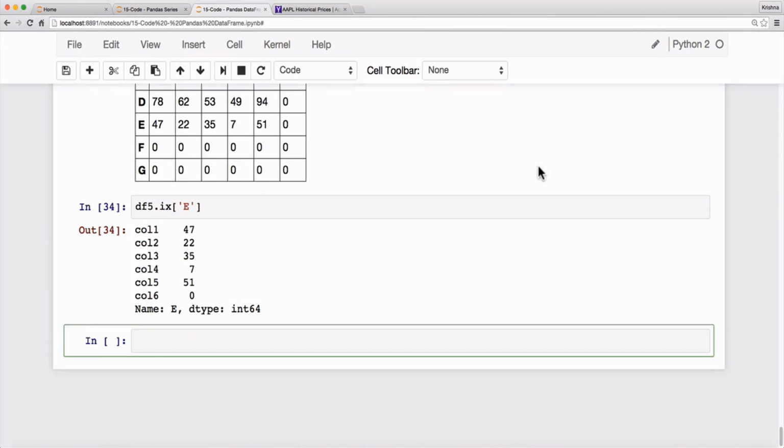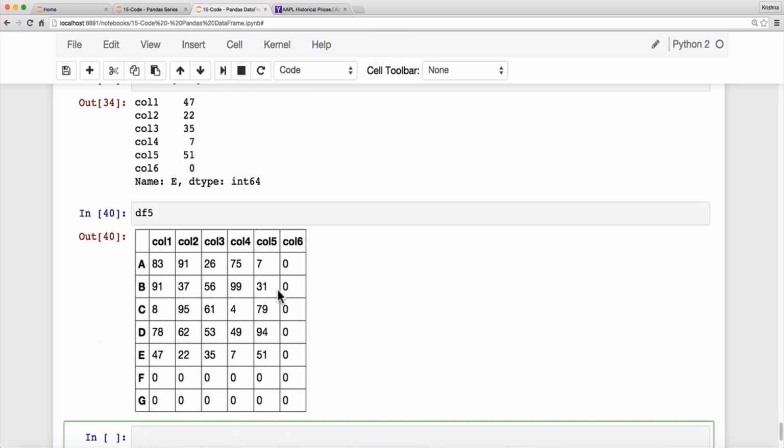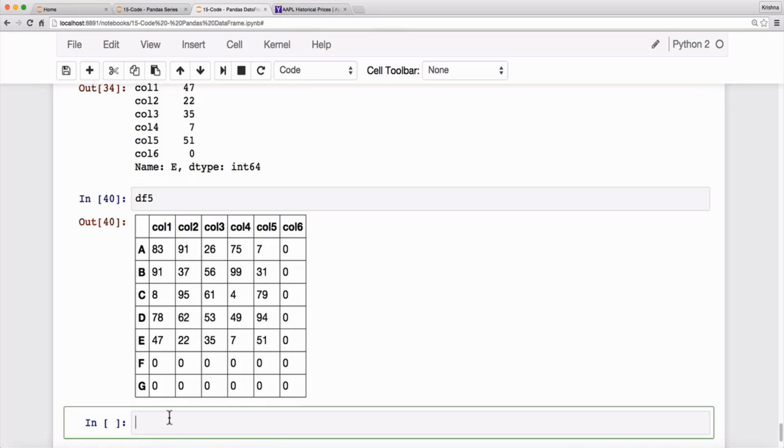Hi, welcome back. In this class, we'll see some more examples on Pandas data frames. Let us use one data frame we created last time, I think I said df5. And first, let us see how to drop some rows. We can say df5.drop, and we can pass an index. I'll say drop row f, and if I execute this one,